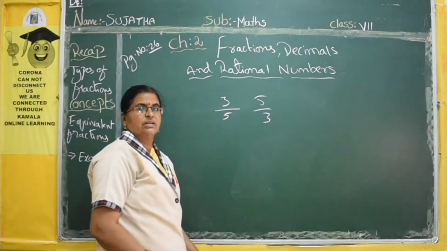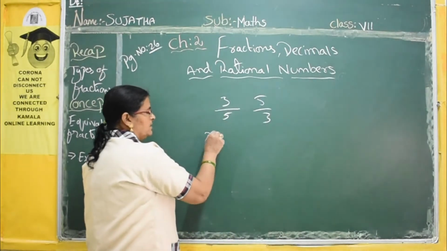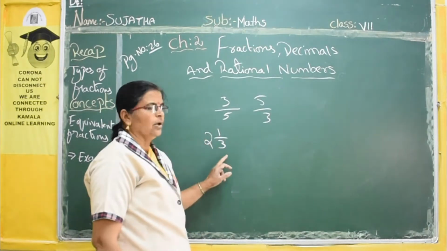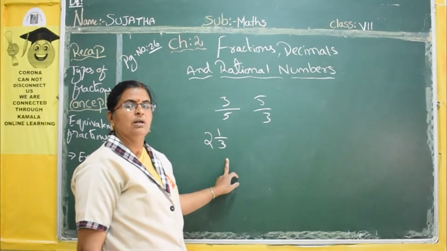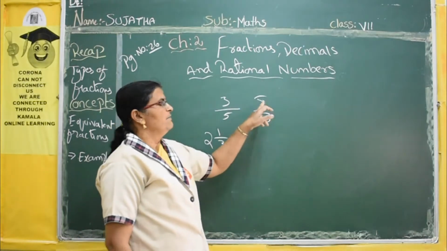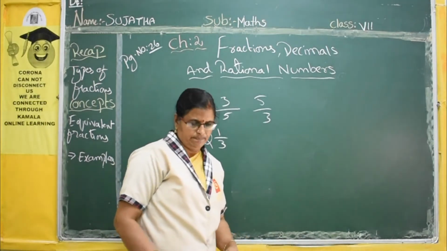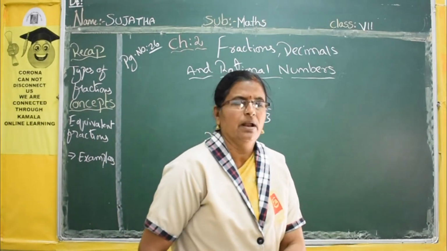Then a mixed fraction means a whole number along with a proper fraction. A whole number along with a proper fraction is called a mixed fraction. Every improper fraction can be converted into a mixed fraction. Okay, that we studied. Now,